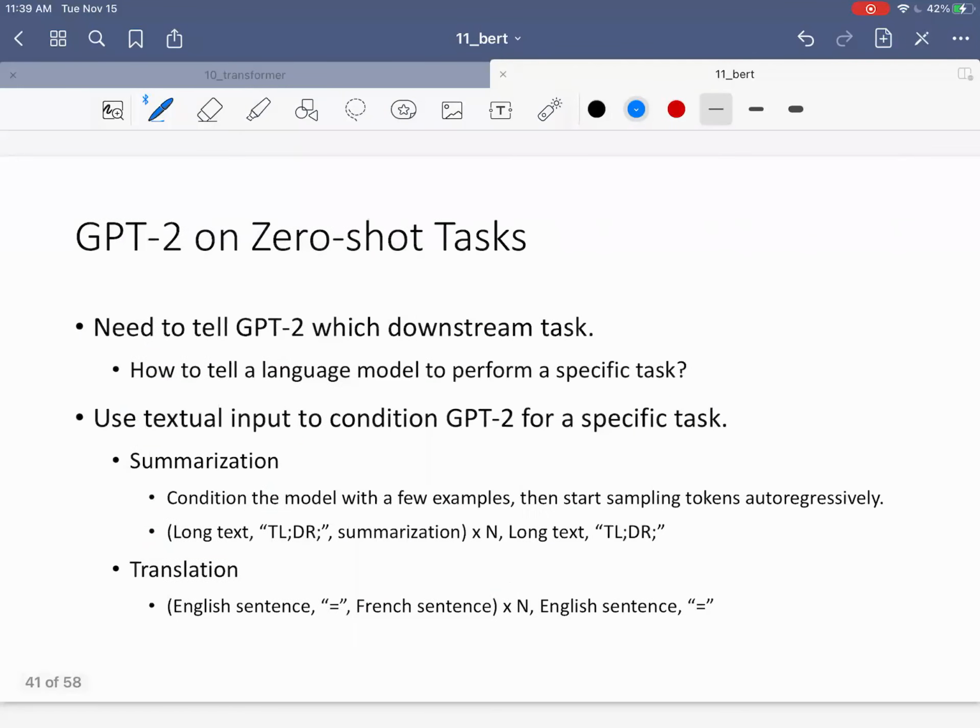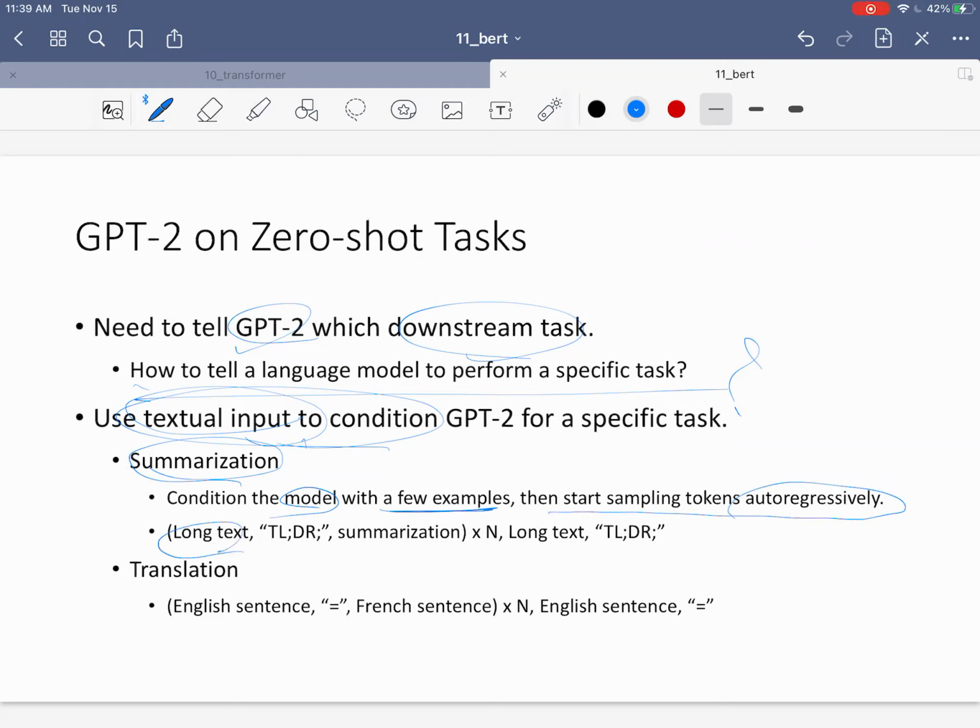So we need to tell GPT-2 what kind of task we want it to perform, right? So how do we tell it? The way they do it is they use something that these days we call prompts, but they call it textual input or textual condition for specific tasks. So for example, if you want GPT-2 to perform summarization, then you condition, this is called prompting these days, or priming, you condition your pre-trained model with a few examples, and then start sampling tokens auto-regressively. For example, you want to do summarization, then you put long text, and then you put some